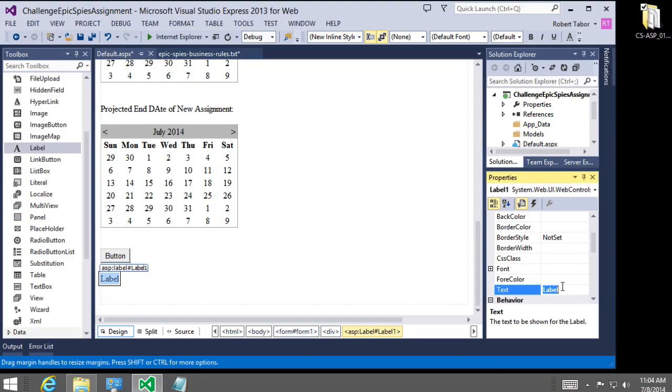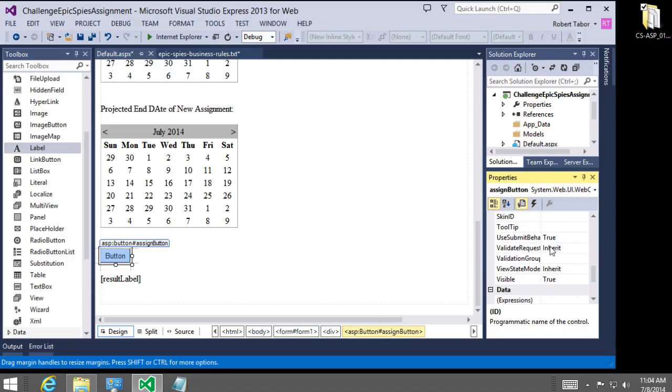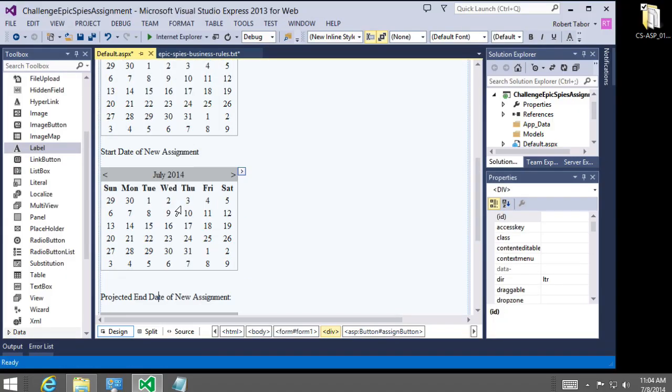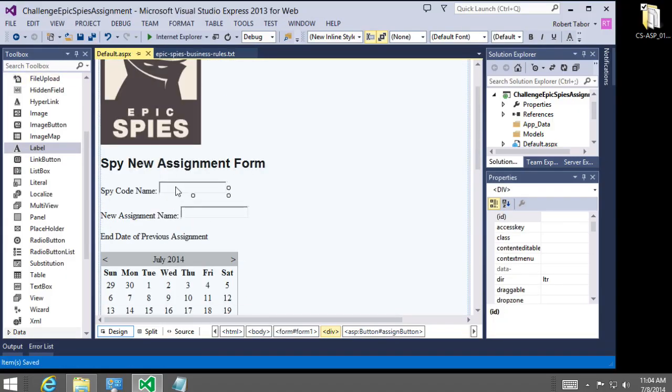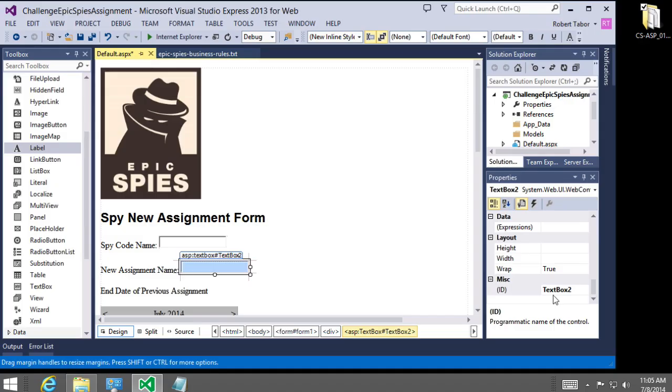Okay, so let's go ahead and name all these things correctly. And this will be the assign button. And the name of it will be assign spy, or the text rather will be assign spy. All right, let's fix that. All right, let's go up to the top here. Code name text box, and then this is new assignment text box,